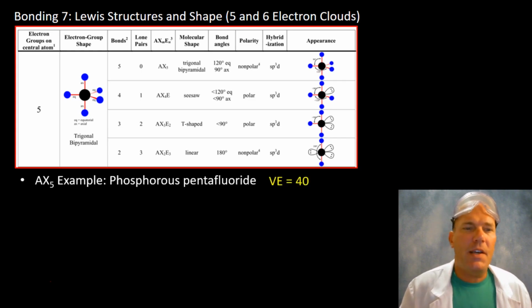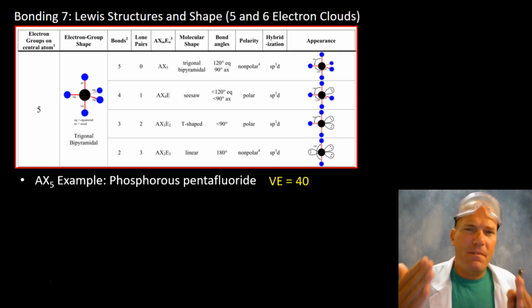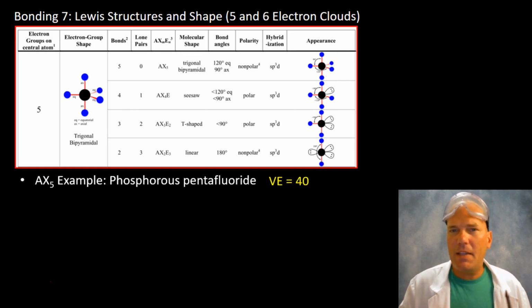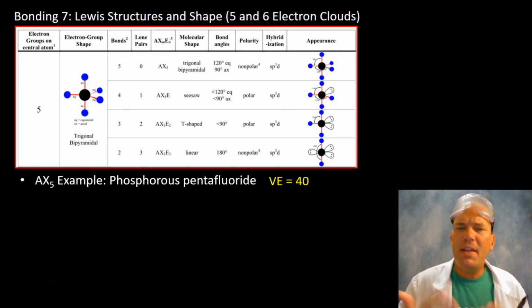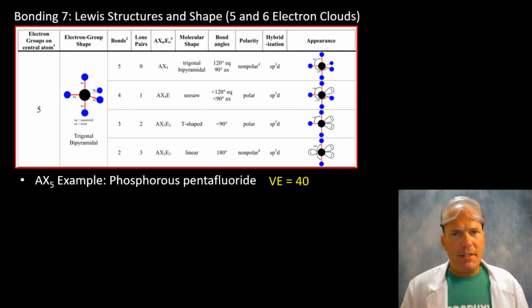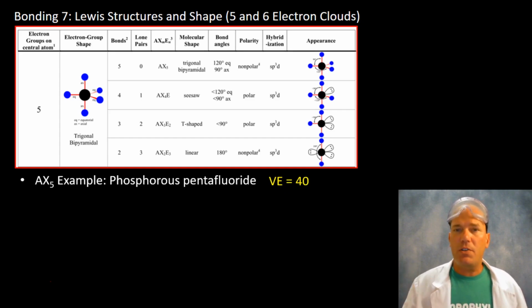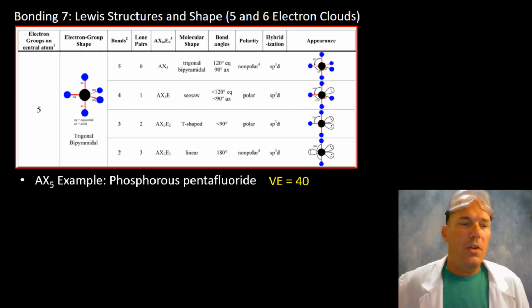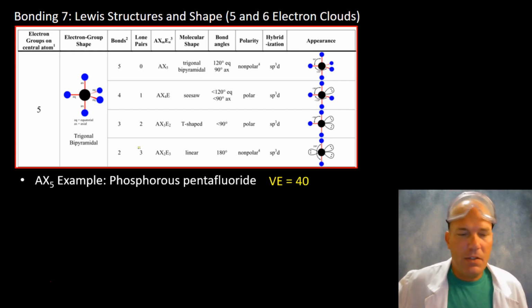So our first example is going to be an AX subscript 5 example. So locate that on your shape sheet. And we're going to start with phosphorus pentafluoride. Now again, you're using all of those steps that we've discussed in the last couple videos for Lewis structures and determining overall shape. So as we move into this example here with 5 clouds, we will start with our basic